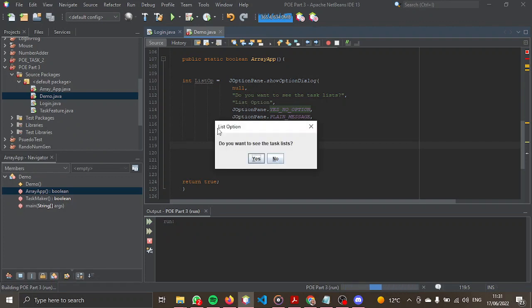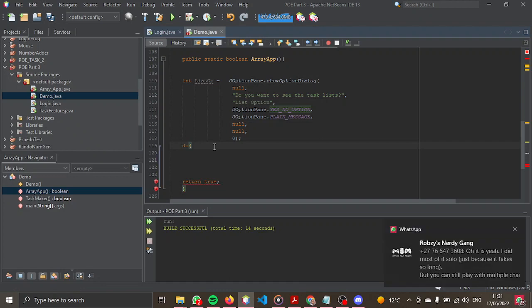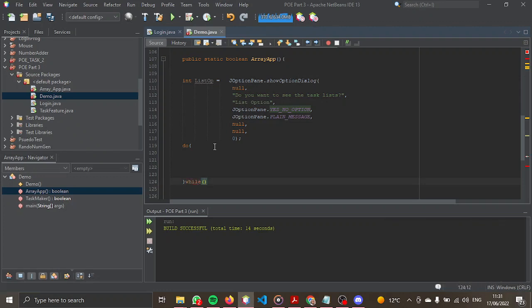I want it so at the end of each task, it will ask for this. And if they say yes, they go to that. If not, it ends it. So we're going to do a do while loop. So we're going to do, and then while listOp,